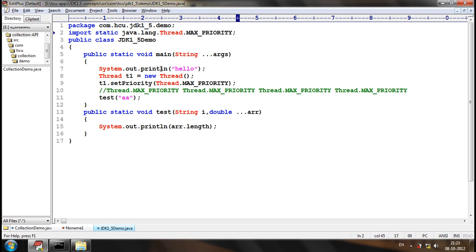This is the syntax of static imports: import space, static space, the class name along with the package structure, a dot, the member.